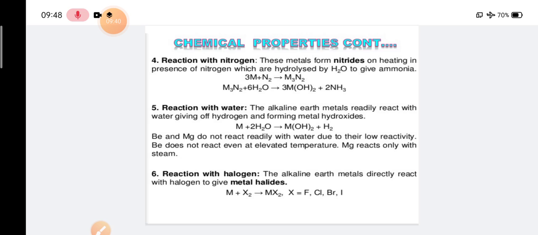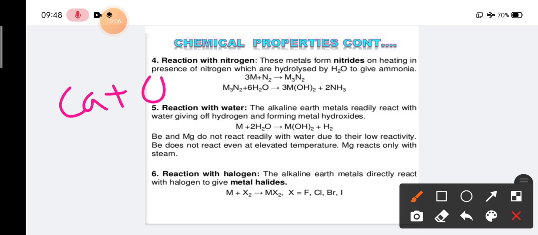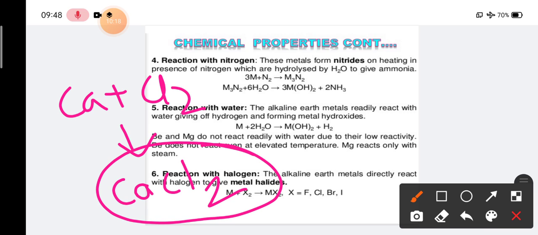Whenever an alkaline earth metal is reacted directly with a halogen, it will give a metal halide. As we know, an alkaline earth metal is a metal, and whenever it is reacted with a non-metal like a halogen, it will form an ionic bond, and that leads to an ionic compound itself. Suppose calcium is reacted with chlorine, it will form a bond between Ca and Cl, and this will be an ionic bond, leading to the ionic compound CaCl2. So these were the reactions of